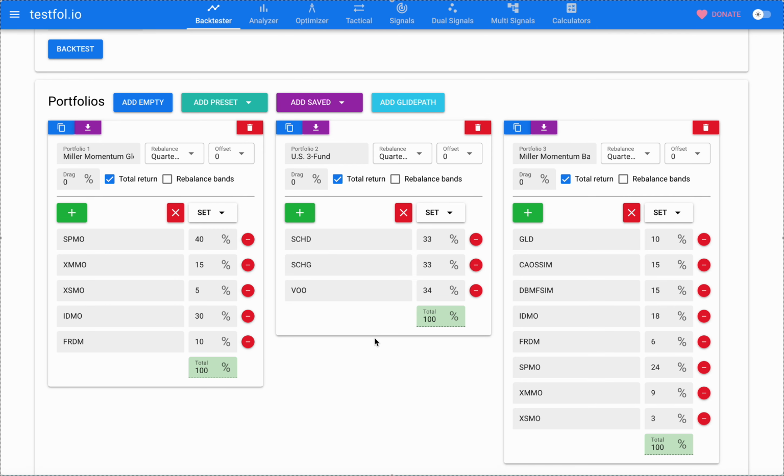Who knows? But anyway, the most common one I've seen is SCHD, often called SHOOD, SCHG, often called SHUG, and VOO. So that's the one we're going to test out here. And this is a concentrated bet on US large caps, I would point out. It's basically a proportional mix of value, growth, and the S&P 500. It's actually pretty functional to just as if you had put everything into the S&P 500, but that's a different topic.